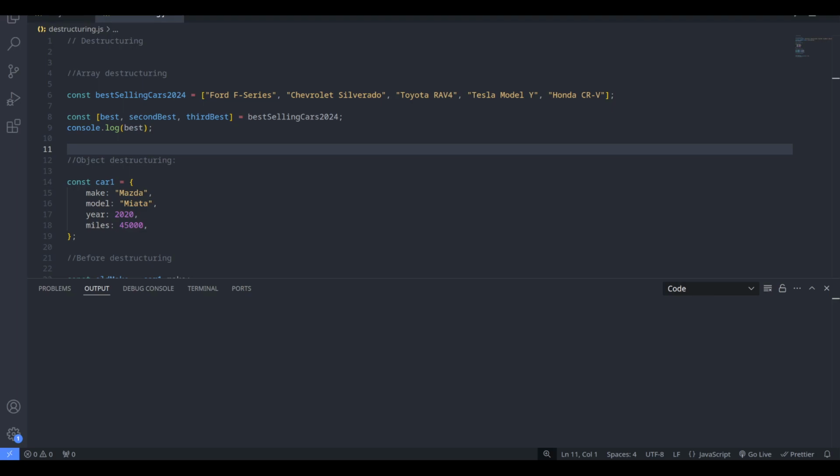In this video, we will be talking about destructuring, and we will look at both array destructuring and object destructuring. So the array that we're starting with here is best-selling cars 2024, which grabs 5 of the best-selling cars of 2024 so far. And our destructuring list right here is just grabbing the best, second best, and third best from that list. Or really what it's grabbing literally is the 0 index, the 1 index, and the 2 index elements